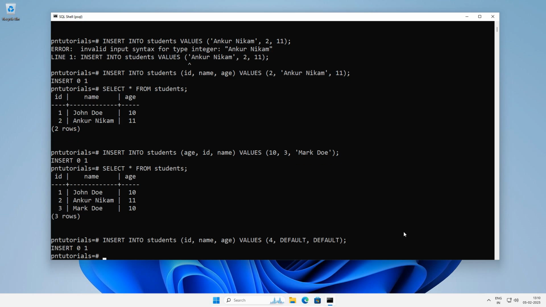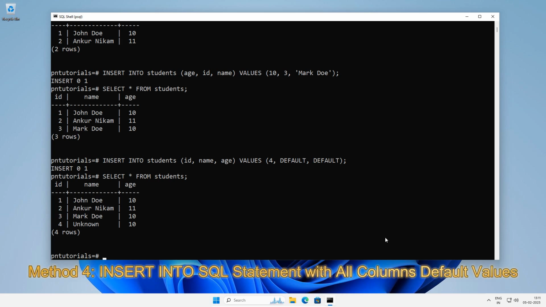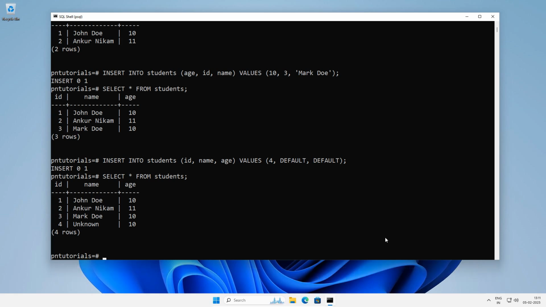Confirm the data row insert using select star from students, and you can see the ID was defined 4, while for name and age the default value as unknown and 10 has been saved successfully. Now let's learn the fourth method, where we will use insert into SQL statement with all columns default values. The SQL statement is insert into